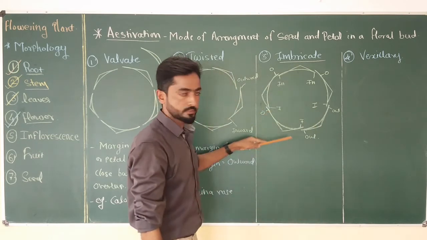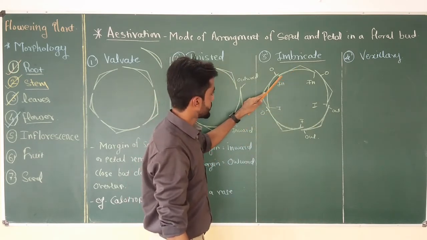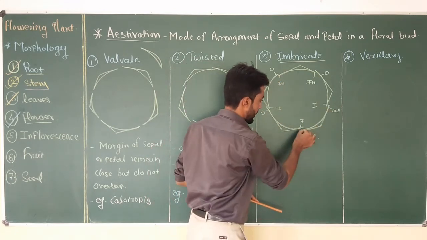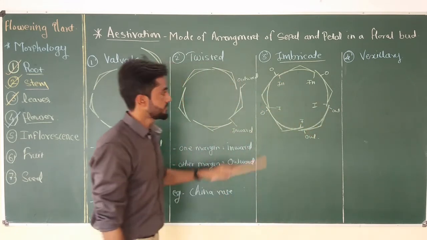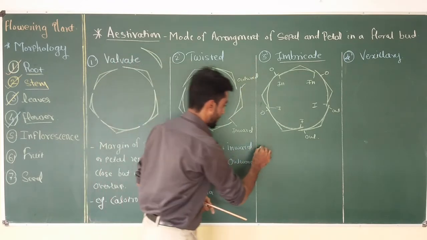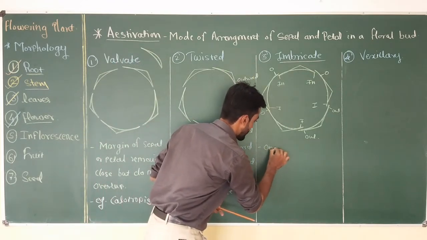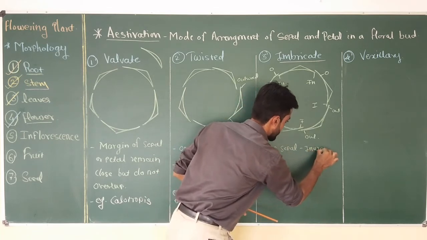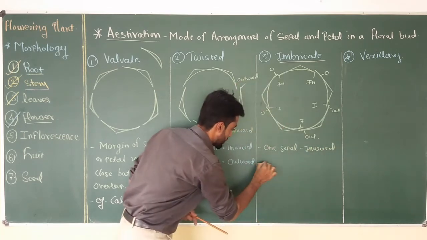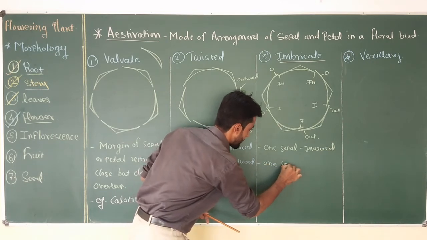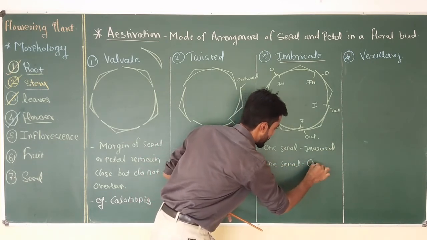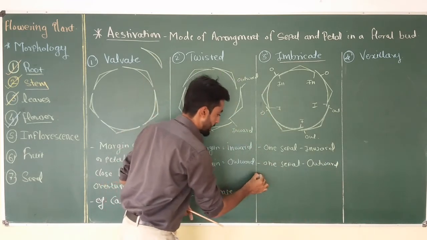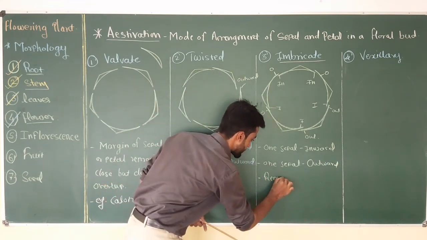But out of the five sepals, one sepal shows both the margins inward while one sepal shows both the margins outward. And this type of arrangement is called imbricate. We can write one sepal inward, both the margins inward, then one sepal outward, okay, both the margins are outward, while remaining show